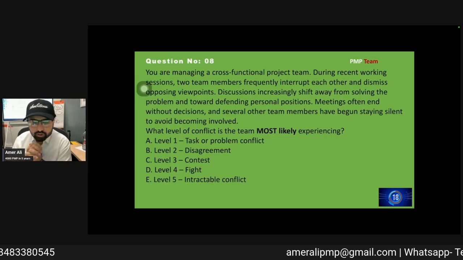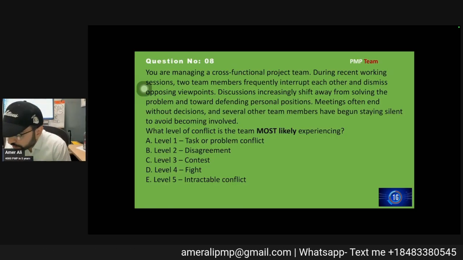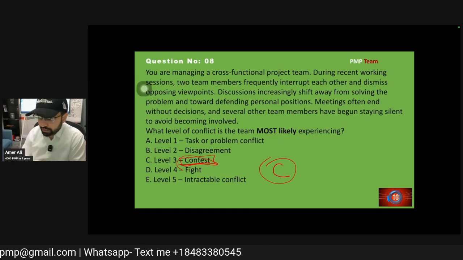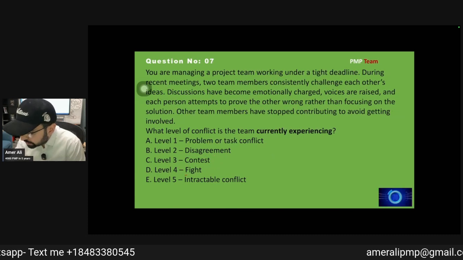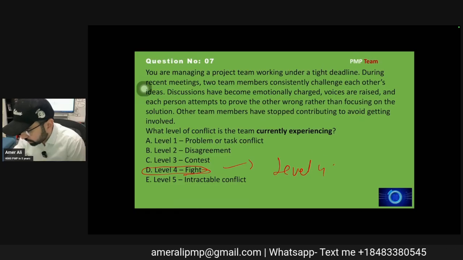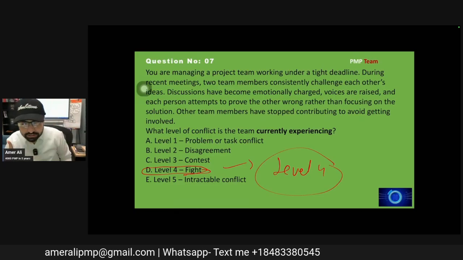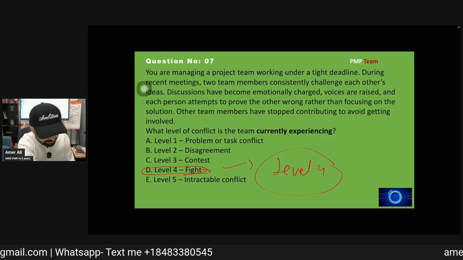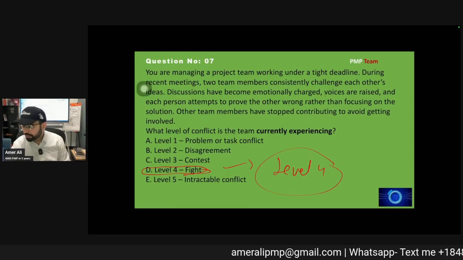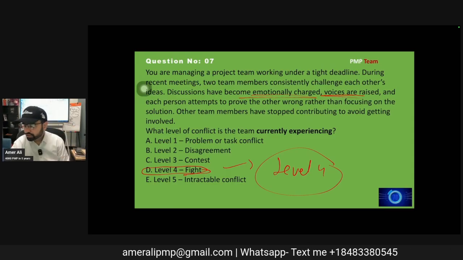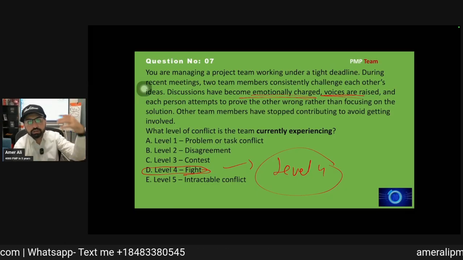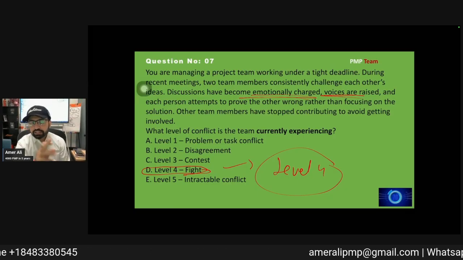So why did I add this question? This is actually the contrast, this is the C option. The previous question is basically the language of level 4. Take a screenshot of these two questions. This is level 4. Many people put this. Now our voices are being raised, being abusive, emotionally charged. That's a level 4 thing. Crusade, things become grouping, you are becoming emotional. That is basically level 4.